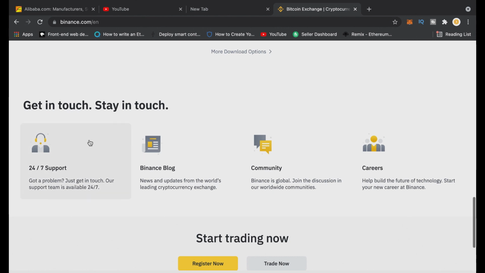Here, it says 24 hours per 7 support. Most times they say 24 hours support per week and stuff like that. But let me just tell you this: there is a lot of delay in the Binance support services because of the queue, because of the traffic on this website. Sometimes it gets delayed to respond to somebody. But this is just where you can actually get support in case you're having difficulty or having a problem with the Binance platform. You can just click here and then you get to message them or chat with a live